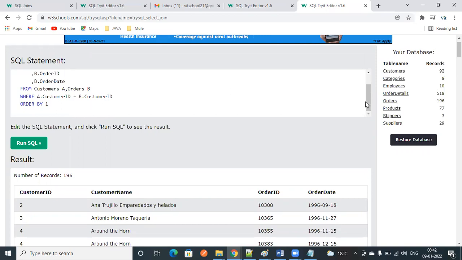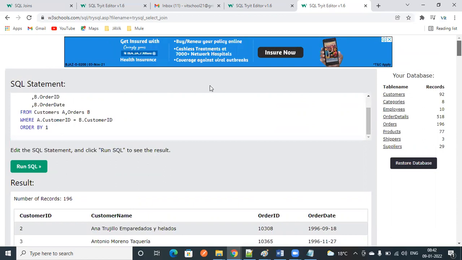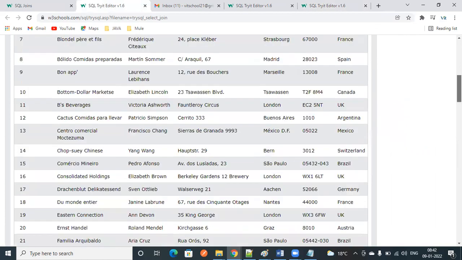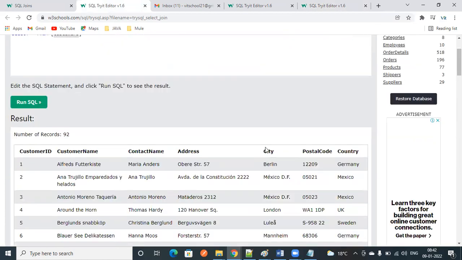Sir, if we want only the fifth column from the table, what will be the syntax, sir? Fifth row or column? Fifth column, sir. Yeah, this is the fifth column, like city is the fifth column. Correct? Yes, sir.